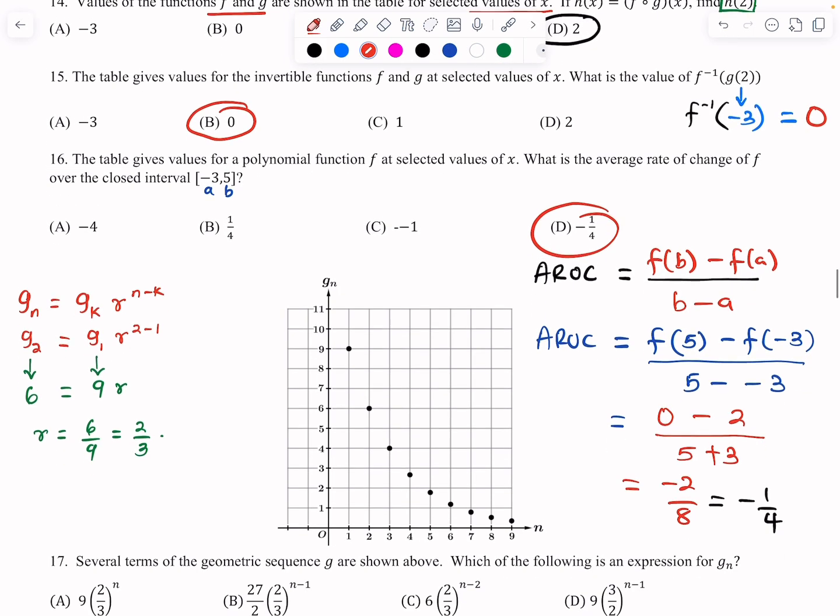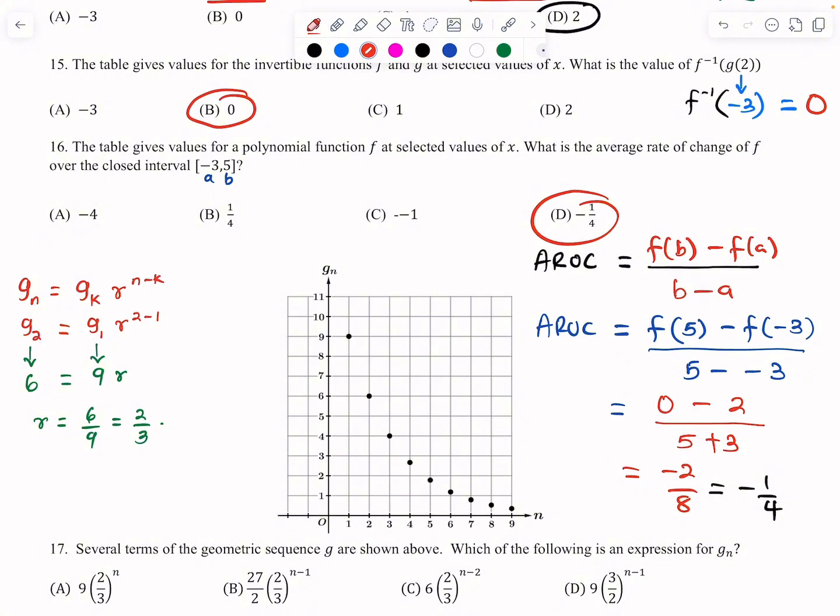And then let's go back to this question real quick. So if I go back to this question right here, and I know that this particular point right here, this point is g of 1 is equal to 9. And then I know that this point right here will mean my g of 2 is equals to 6. And then I know that this point right here is g of 3 is equals to 4. And then what do you notice? So I can just stop right there,